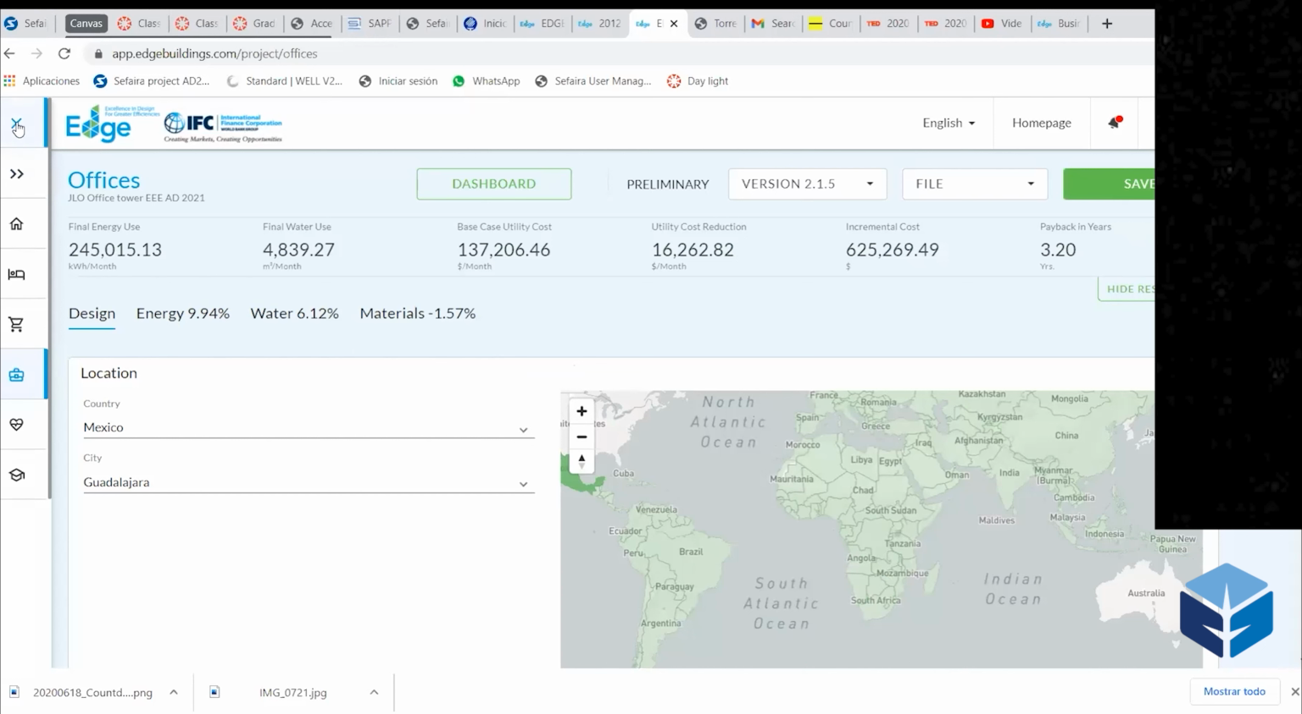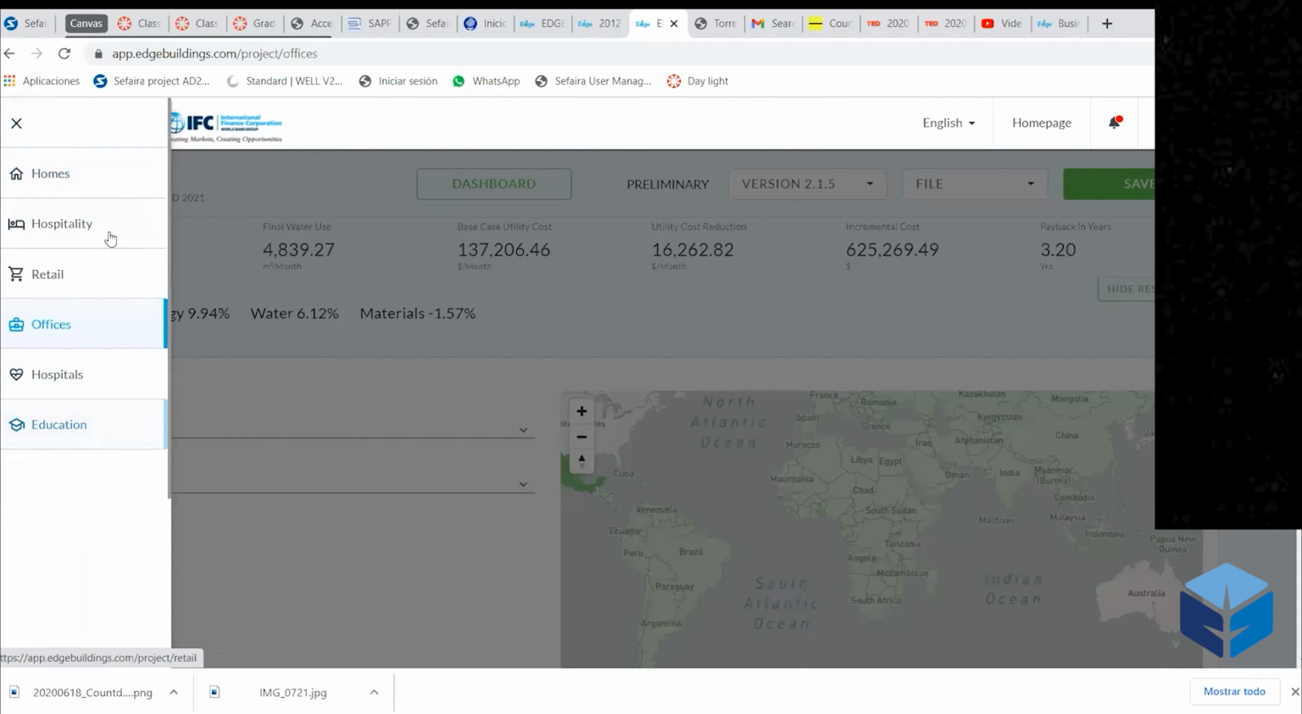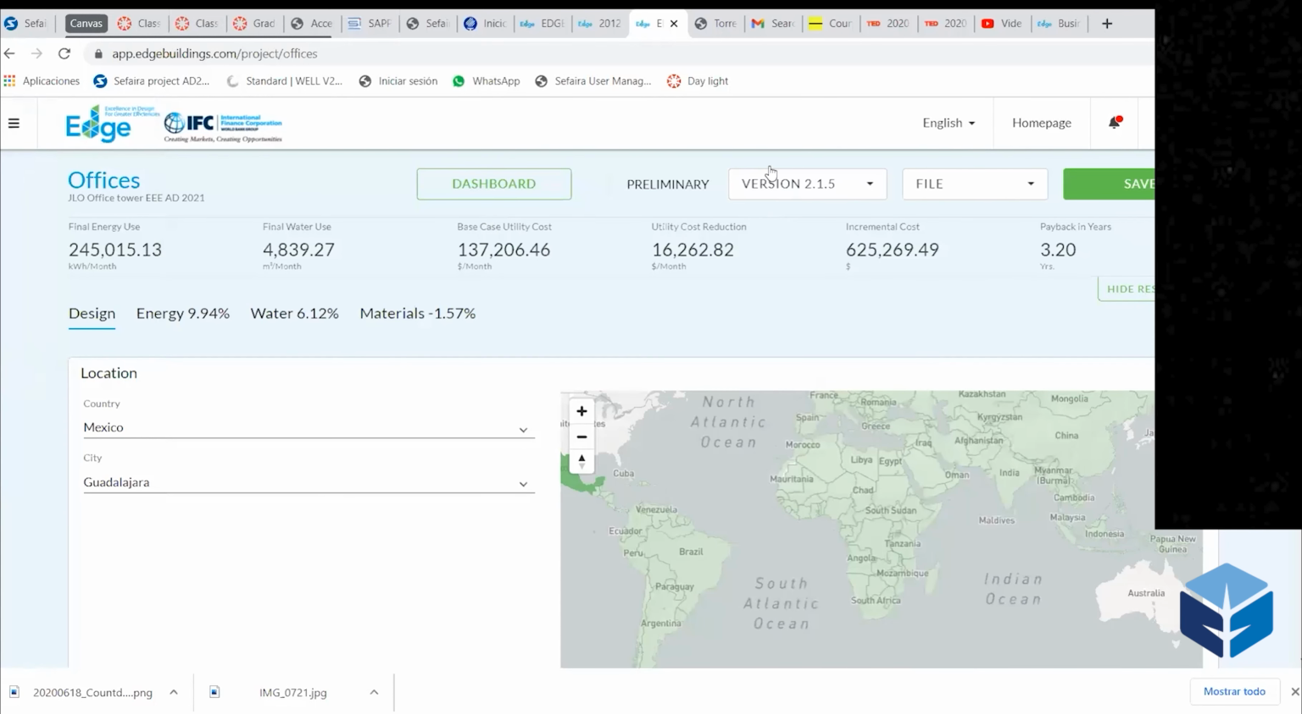First of all, take into account this side of the bar. This is letting you choose the type of building that you're going to use. This time we're going to use offices. And what is interesting about Edge is that in order to make your life easier, it's going to guess most of the parameters that are in there. You don't need to know everything about your building, exactly as we're going to do now. Okay? So just for you to get familiar, the example that we're going to use this time is going to be the